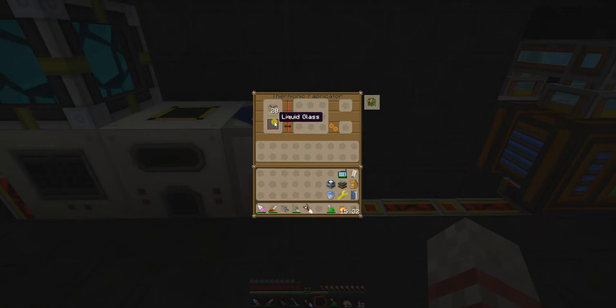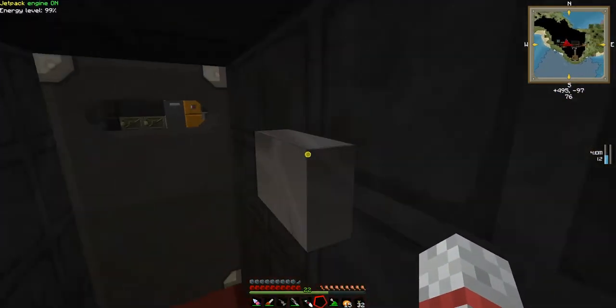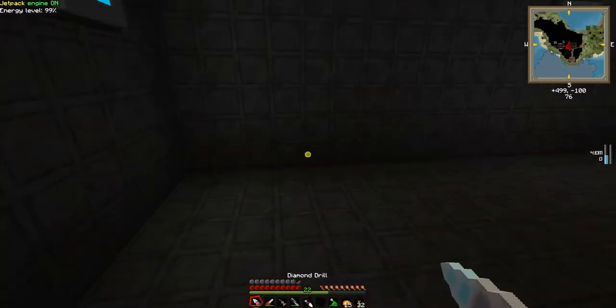We got our glass, which melts into liquid glass, and you see it's got the heat temp and all the rest of that jazz. What we're going to be doing is building ourselves circuit boards, and we're going to build ourselves circuits to put in them. And those circuits, if you guys have never used anything like this before, basically the way that it works is...